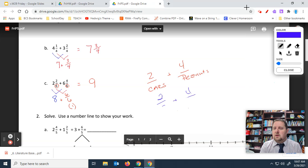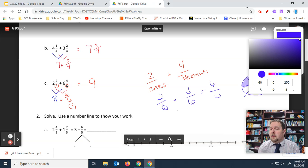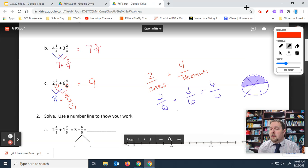So 2/6 plus 4/6 is 6/6, right? It's the same thing as if I have something that is divided into 6 parts, right? And I'm shading in. Well, let's try that again. So if it's divided into 6 parts here, if I shaded in 3 of those one color, and I shaded in 3 more another color,